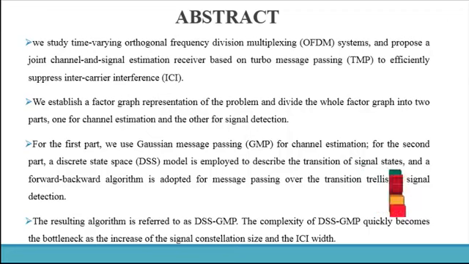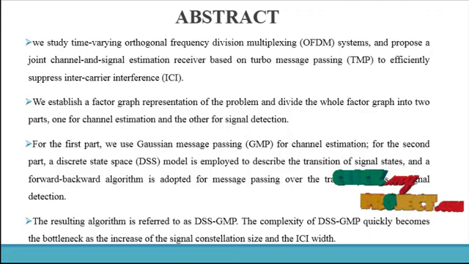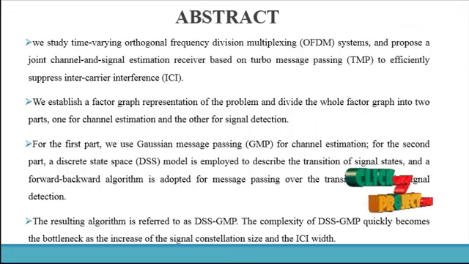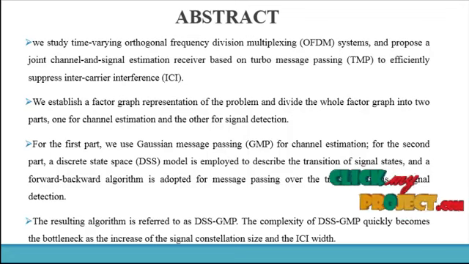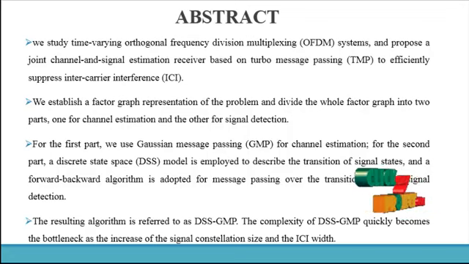We use two hybrid algorithms, the forward and backward algorithm, for the transient of the signal. We can detect more differences of the signals in noise, and we use two different algorithms, the discrete state space algorithm and the continuous state space algorithm. We compare these two in terms of interference in channels and channel estimation error of the models, and we can suppress the carrier interference also. Finally, the proposed OFDM system uses the turbo message passing technique to make it efficient.